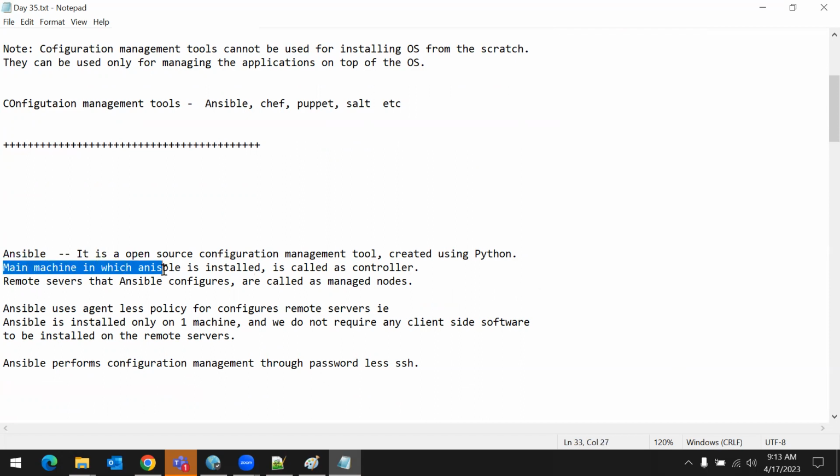The main machine in which Ansible is installed is called the controller. And the remote servers, wherever we are going to configure